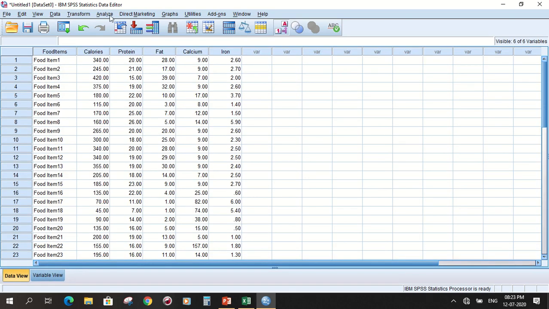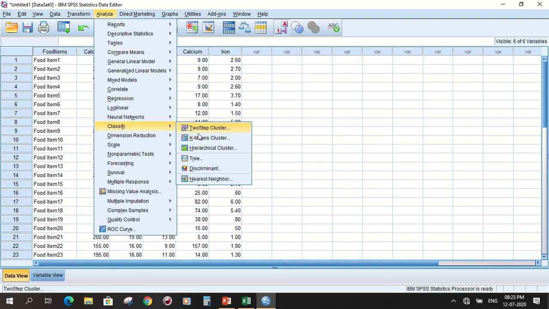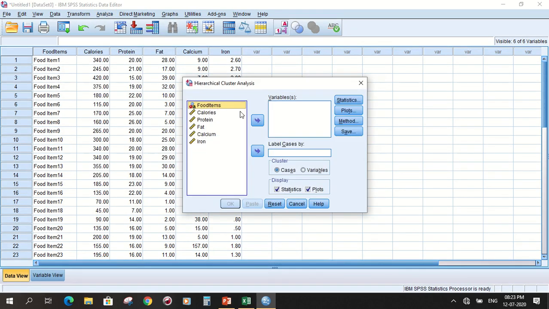The food items have to be the label cases, so select food item in Label Cases By, then select all these variables and drop them into the Variable box.